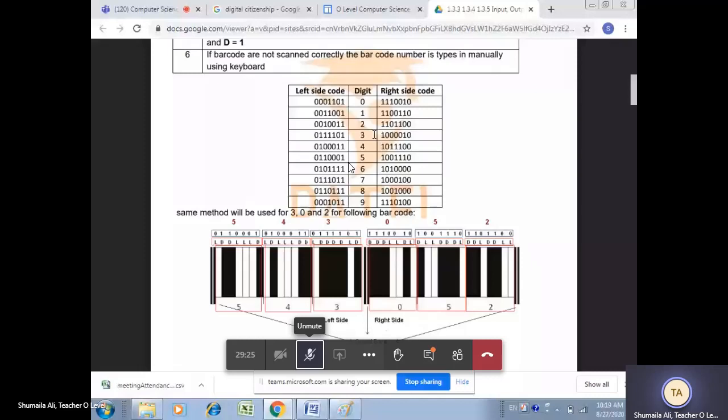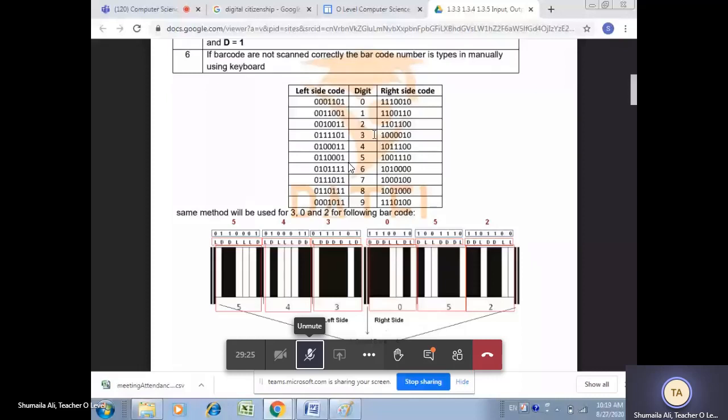Now we start the right hand side. My question at the right hand side starts with 0, 5 and 2. 3 digits again at the right hand side as well. So my first digit at the right hand side is 0. So we again look at the table for 0. Now this time, because we are designing the right hand side, we are considering the code of the right hand side, boys. So what is the code of 0 at the right hand side?